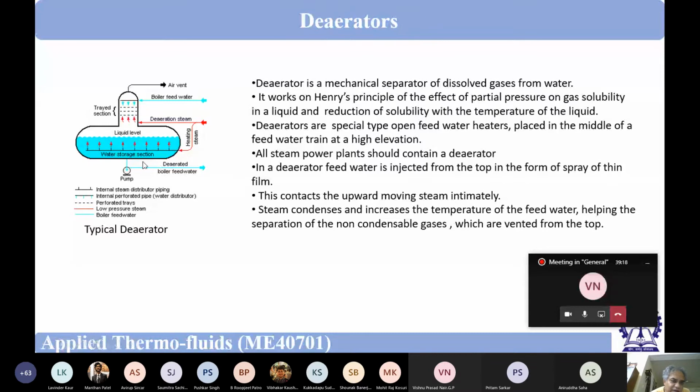Here, dekho, that steam is bubbling through the water so that it is getting heated up and non-condensables will get separated. And water is sprayed from the top and steam is coming from the bottom. There are trays, as I have told, because we do not want them to just fall without any obstacle. If there is an obstacle, they will spend more time to cross it and more time they will interact with each other. And ultimately, the air vent is there. From there, non-condensables are taken out. Okay, and also it is increasing the temperature of the feed water. So it is serving both purposes.